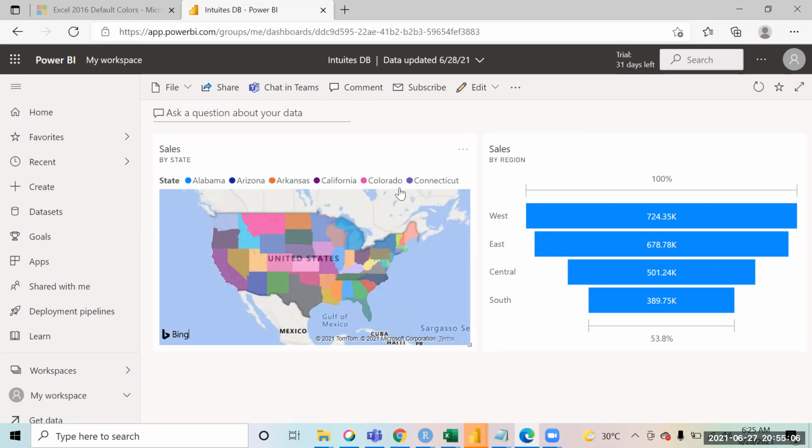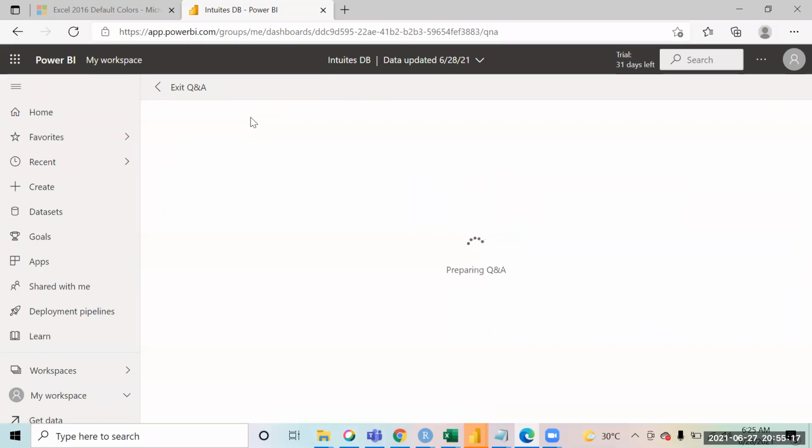This is just a quick summary, right? If you feel there are some charts that you want to put up on a dashboard, you can just keep putting them one by one over here. And on the dashboard, you will get a very nice, interesting feature which is called Q&A.